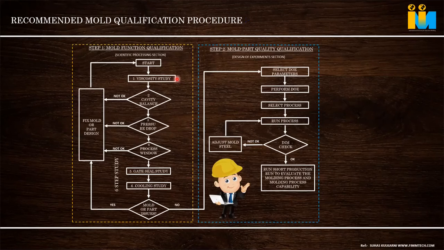For that, we first have to correct the mold temperature, then proper melt temperature, feed system, gate spacing, and pressure drop study. All these things we take care of. Then we will get a wide processing window. Any small changes that happen will not affect the quality of the part. This is known as a process window.